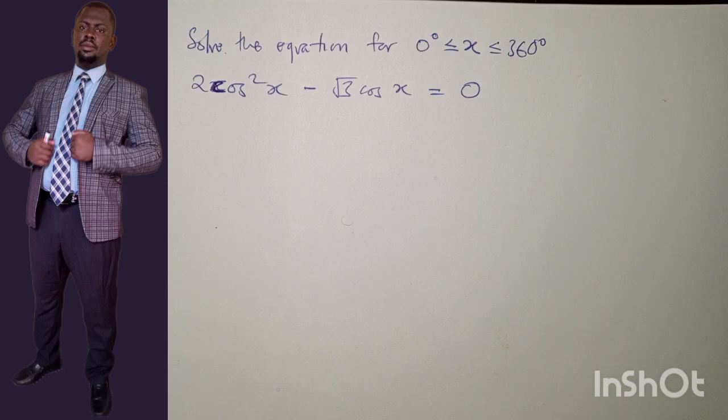In this case, we have cos x. Now, there is cos squared x and cos x. So what we need to have is just cos x. So we can let cos x be a single variable, or we can just do it directly, since I can see here that